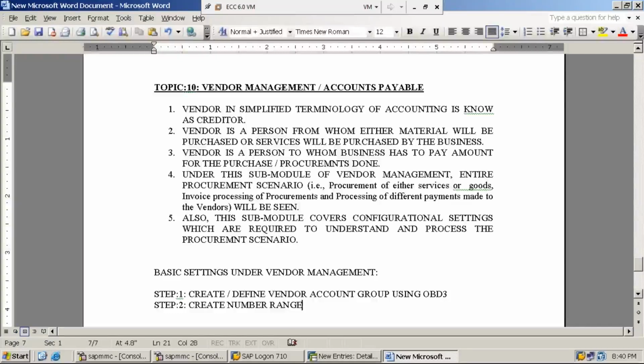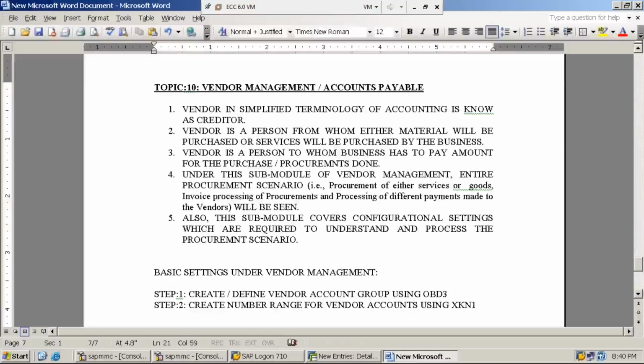Number range or ranges, anything, for vendor account group or vendor accounts simply, using